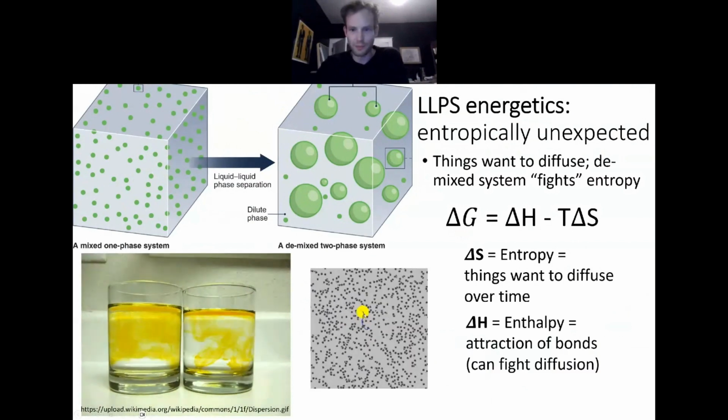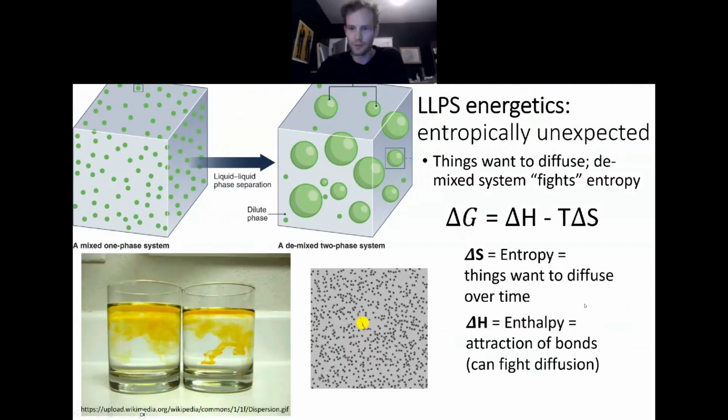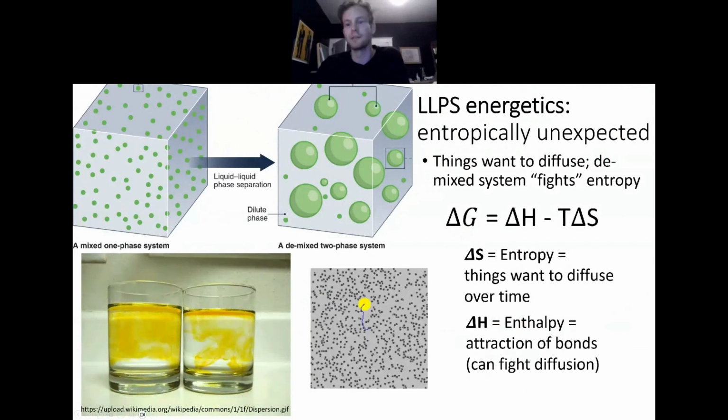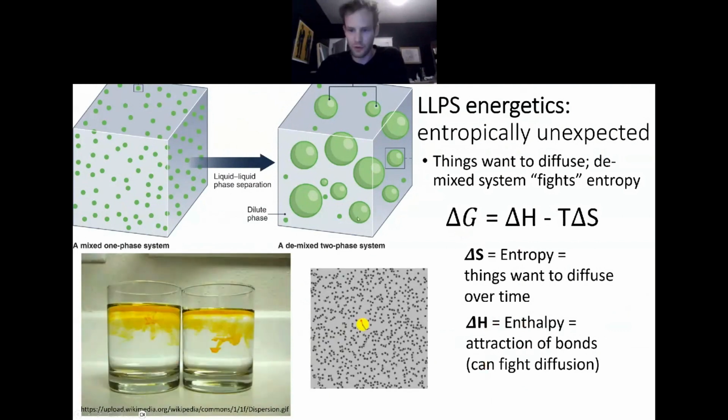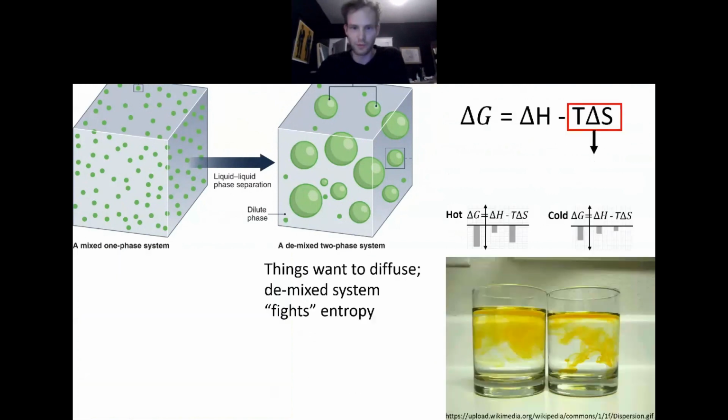So the delta H term is the enthalpy, which might loosely be the attraction of the bonds. And here we can fight diffusion, right? If your bonds are strong enough, you might not diffuse away. And this is very tied to temperature in the sense that,